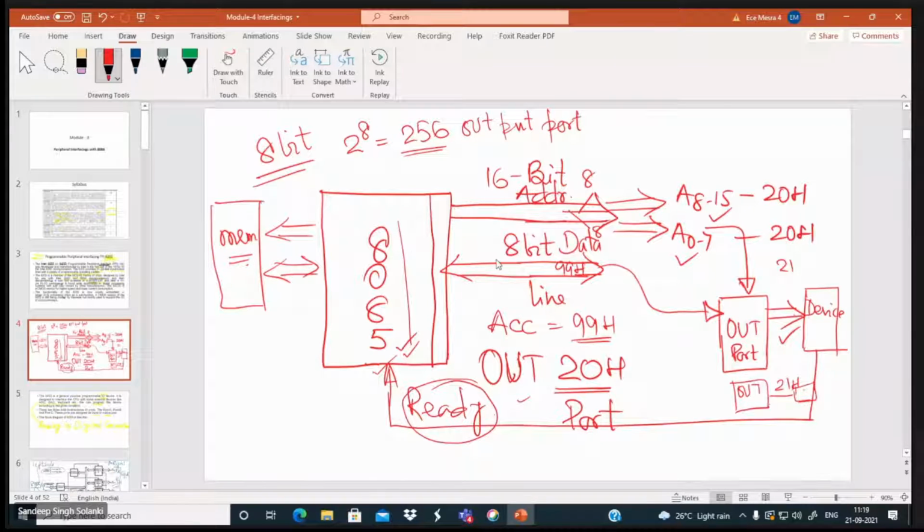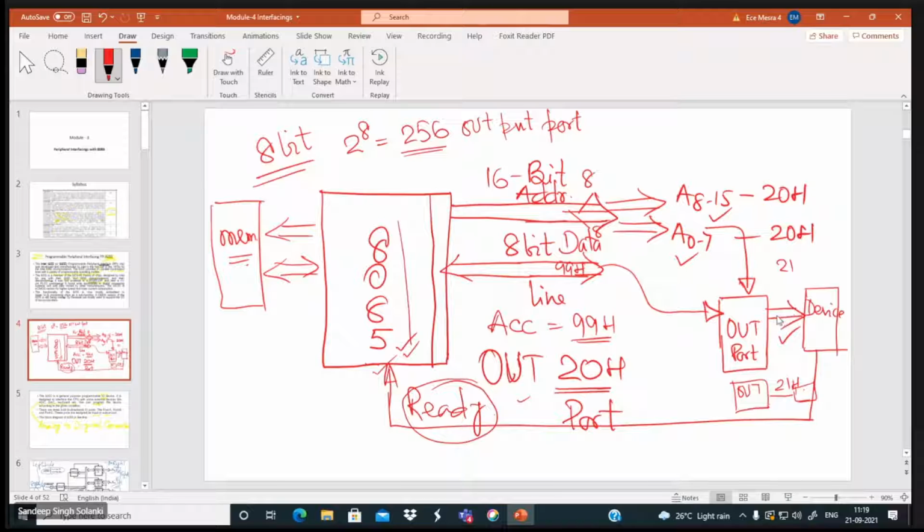And then during the execution, these arrangements will get reflected. And suppose this ready you have utilized for this particular thing, then what is going to happen? This memory will not be accessed also. None of the output operation will be carried out. The processor will be always in wait state as long as the device has not given the ready.